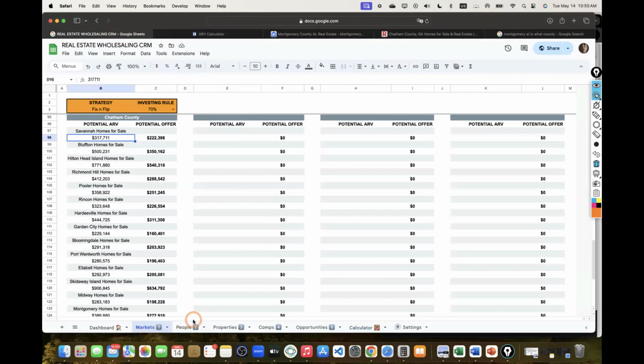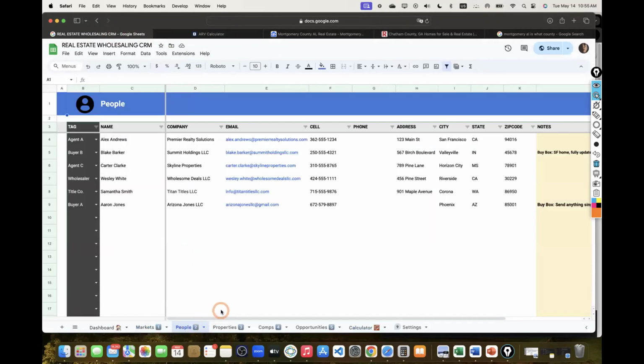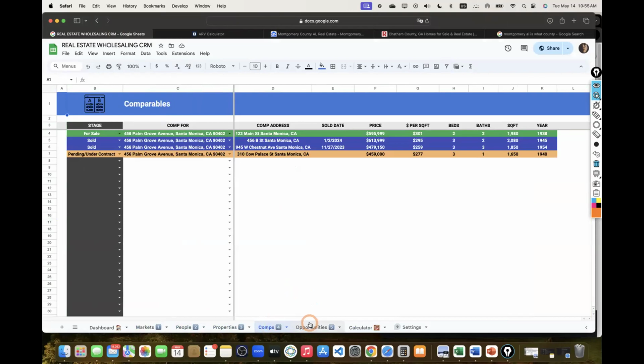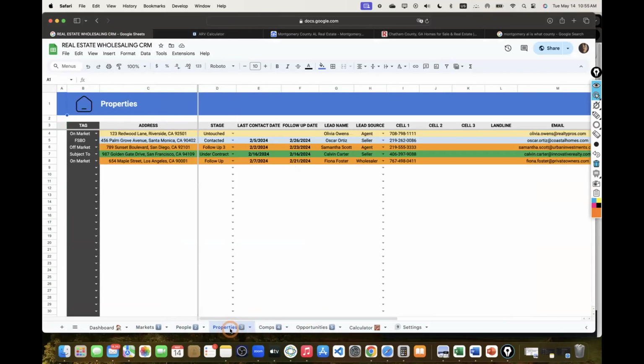Step one is always markets. Step two, start building relationships with buyers, contractors, title companies, other wholesalers. The list goes on and on. Then of course, start looking for properties and analyzing them. But before you start analyzing, here's a major issue I come across with a lot of wholesalers: the time I just spent analyzing this deal, about half an hour, 25 minutes.